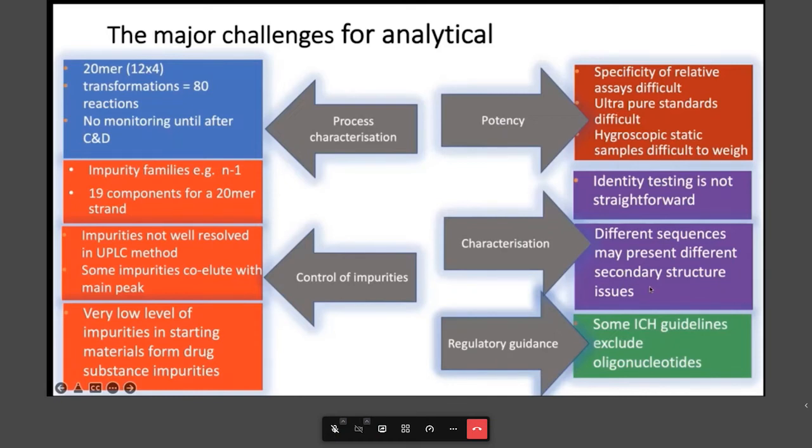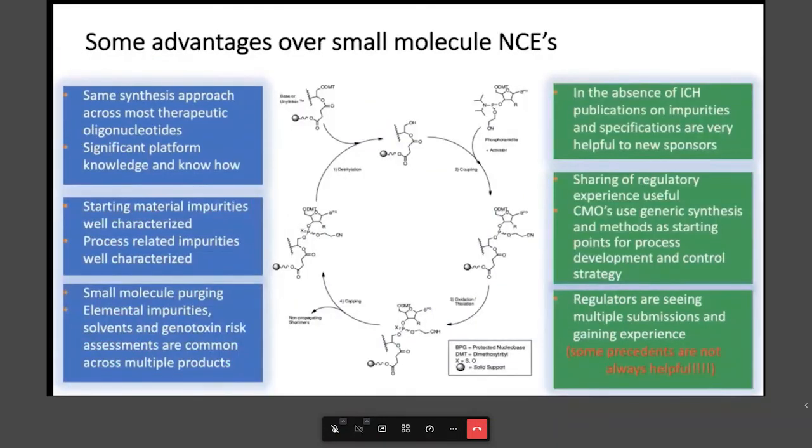And typically we do not want it to be important because we end up with a bioassay which provides its own problems. This is typically only true for aptamers, where secondary structure, of course, higher order structure, is important to function. But we have to rule it out as something we need to worry about. And normally we're successful, but the regulators expect us to determine that. Finally, we know that some regulatory guidance specifically excludes oligonucleotides. So in terms of impurity qualification, for example, we don't have the luxury of ICH guidance to help us.